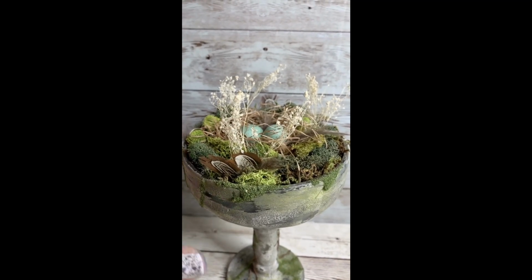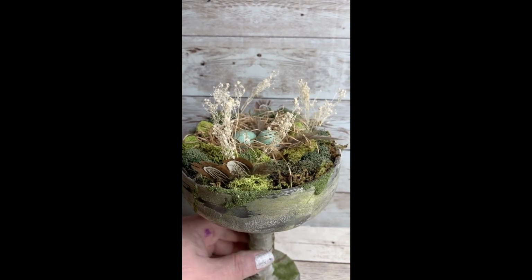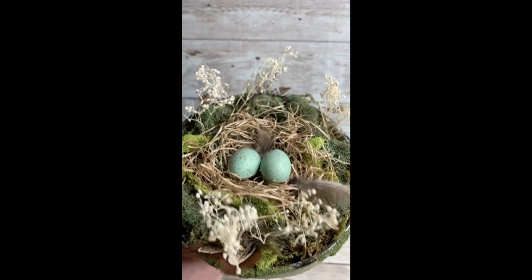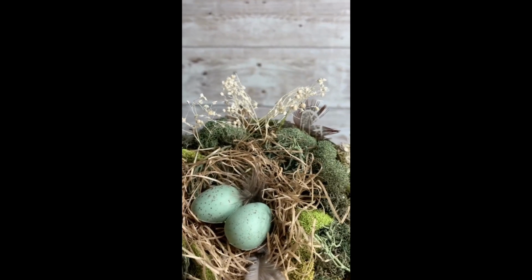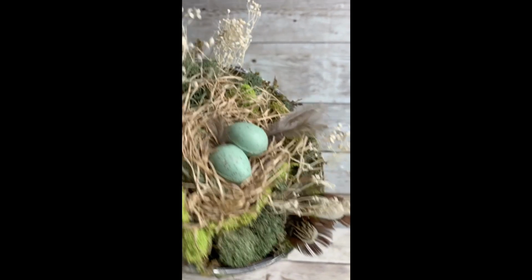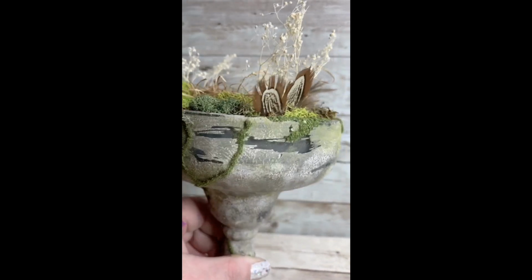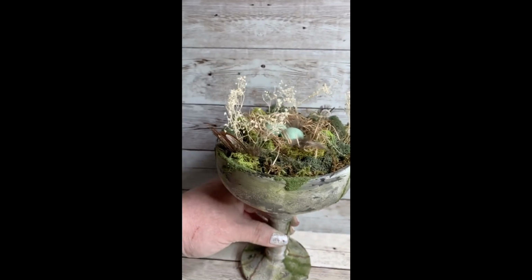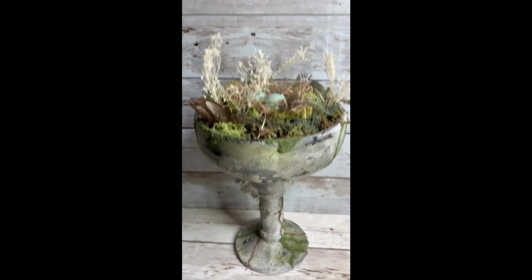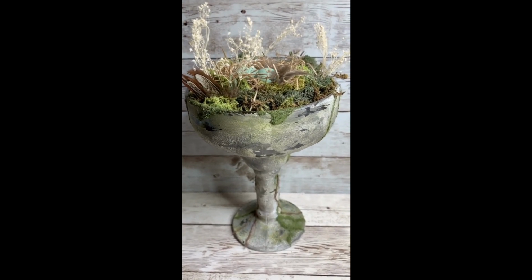I did have some robin's eggs in my craft stash. They're about 1 inch around, but if you don't have those, you could always just make some out of clay or air dry clay, anything like that. Or even cold porcelain, which is simply baking soda and water, and there are plenty of recipes for that on YouTube by just looking up cold porcelain recipes. Heck, you could even use Play-Doh and just let it dry and then paint it whatever color you want,